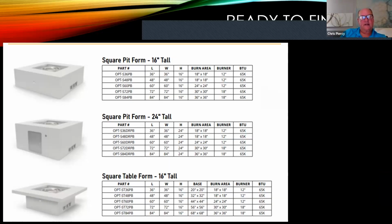This is a little slide that I just kind of wanted to point something out. This particular vendor offers multiple sizes and shapes. These are examples of square ones. But what I was really trying to illustrate is that if you want to be able to house a portable LP propane tank, you have to get a tall enough fire pit to be able to house the tank. So if you look at this one, which is only 16 inches tall,